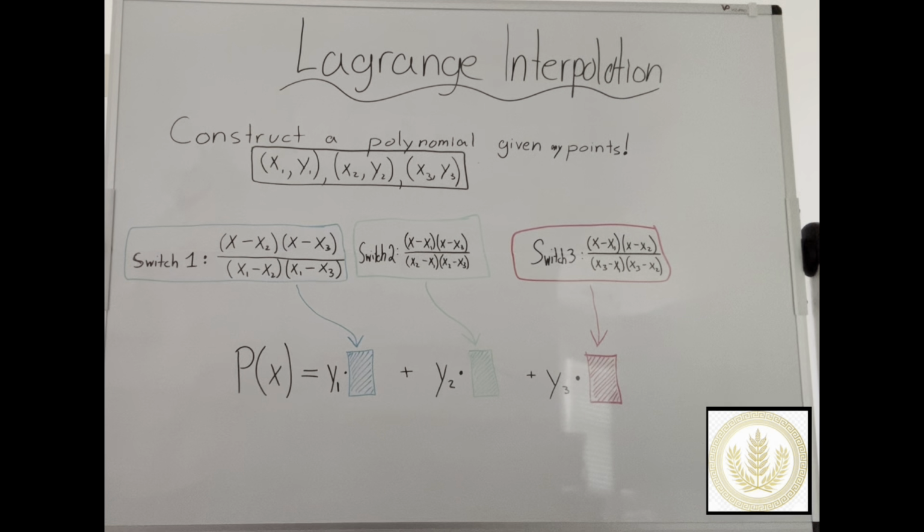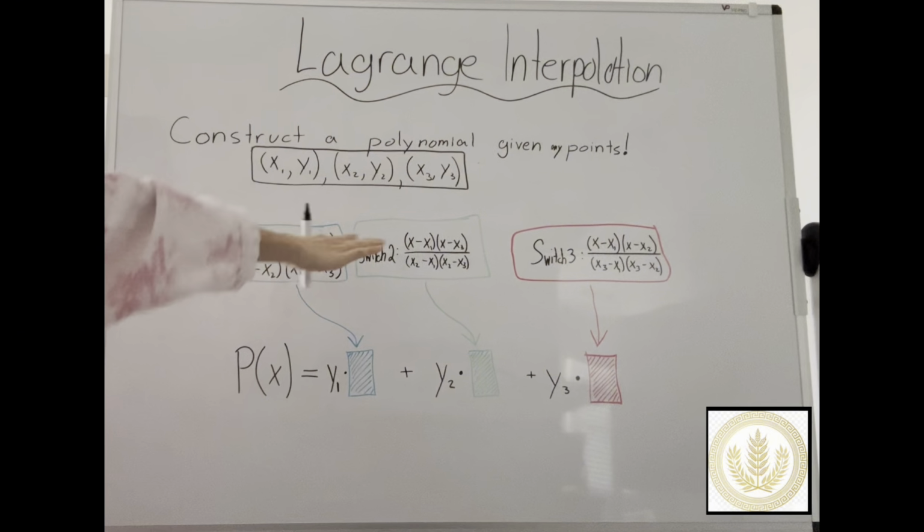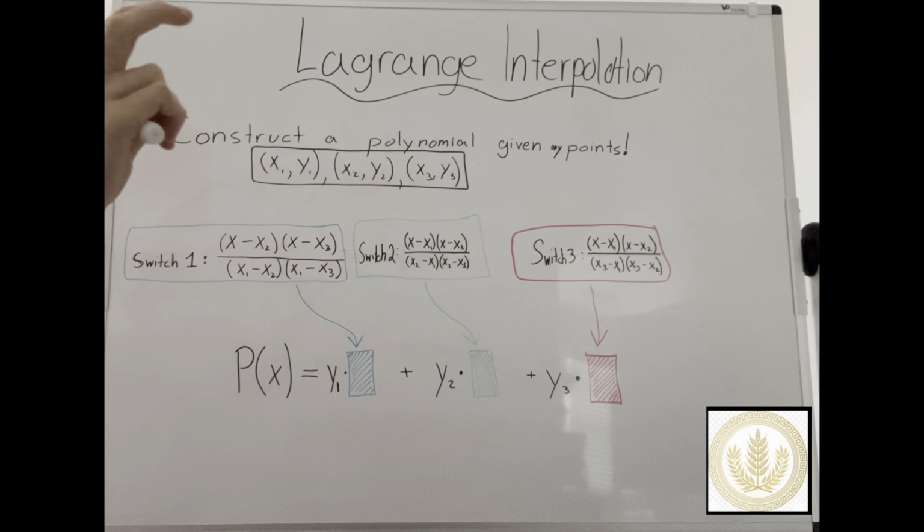Hey guys, welcome to day 1, topic 9 of our Olympiad series frameworks, and today we will be learning the Lagrange interpolation formula. So basically what it does is it allows us to construct a polynomial given any set of points. So it's like a machine that takes an input of these points and it constructs switches, what I call